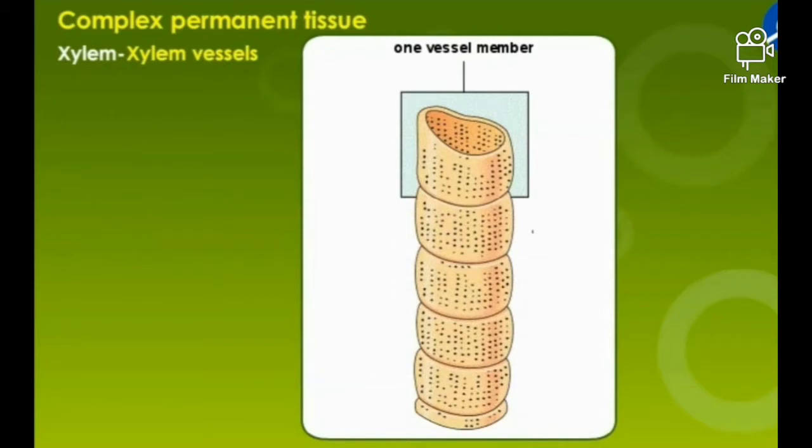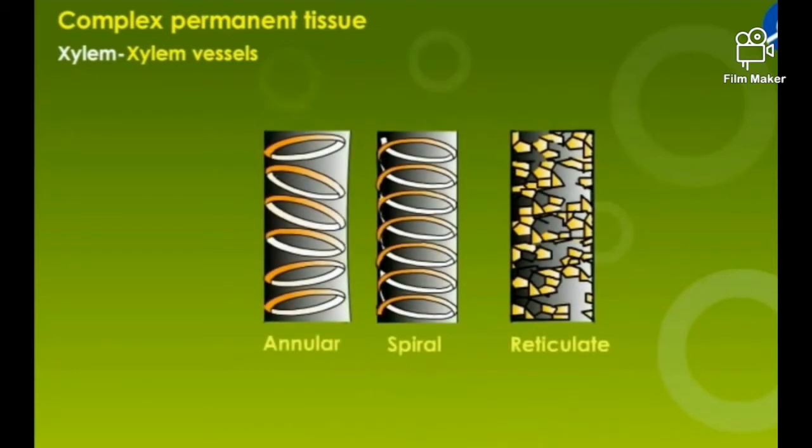Vessels. These are long tube-like structures formed by the fusion of several cells called vessel elements arranged end to end in a row. In the beginning, these elements are arranged in rows. Later on, these fuse to form vessels. Vessel is more or less circular in cross section. Cell wall is hard and lignified with different types of localized thickenings. Depending upon the types of thickenings, they are classified into annular, spiral, reticulate, etc.